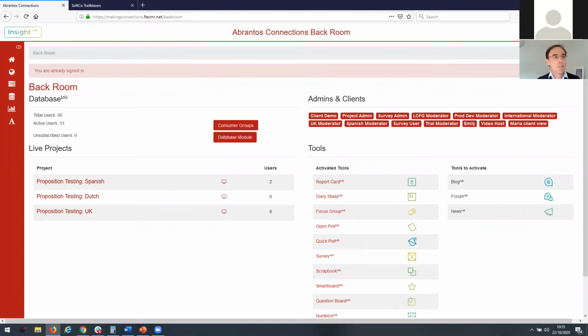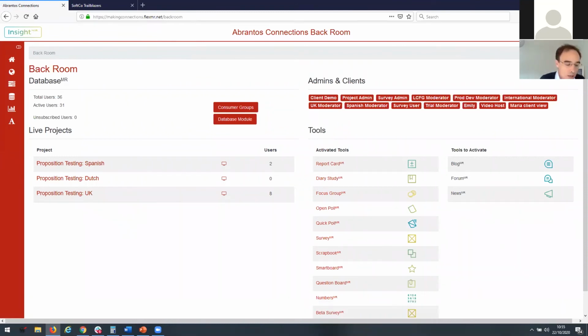So now what I'm going to show you is I've finally gone to the back room of InsightHub, which is the behind the scenes. All of the other stuff is the front end participant element. The point of going to the back room momentarily at the end here is to show the different projects. So we've shown individual projects at the moment. You can customize InsightHub, as I said, you can white label it, but you can also run multiple projects with different clients. If you did white label it as your own agency, then you can run different client projects in there. The other purpose to go into here is to show the ability to do international research. Should you ever need to do international projects, again, you can do that from one platform quite easily.